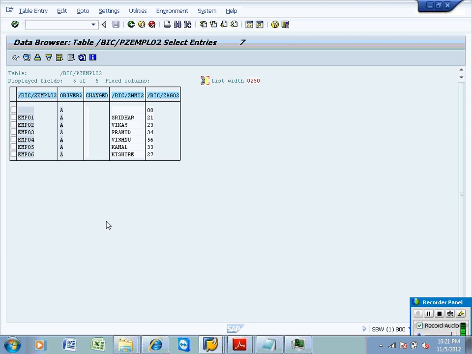This is an important one. Then they are going to generate reports on top of the info object. If you want to have master data reporting just like the OLTP system, with the latest and greatest information, and an as-of-today report. What is the headcount of employees as of today? You have employee numbers, obviously you will get the latest headcount as of today. This kind of reports we do create on top of the info object.